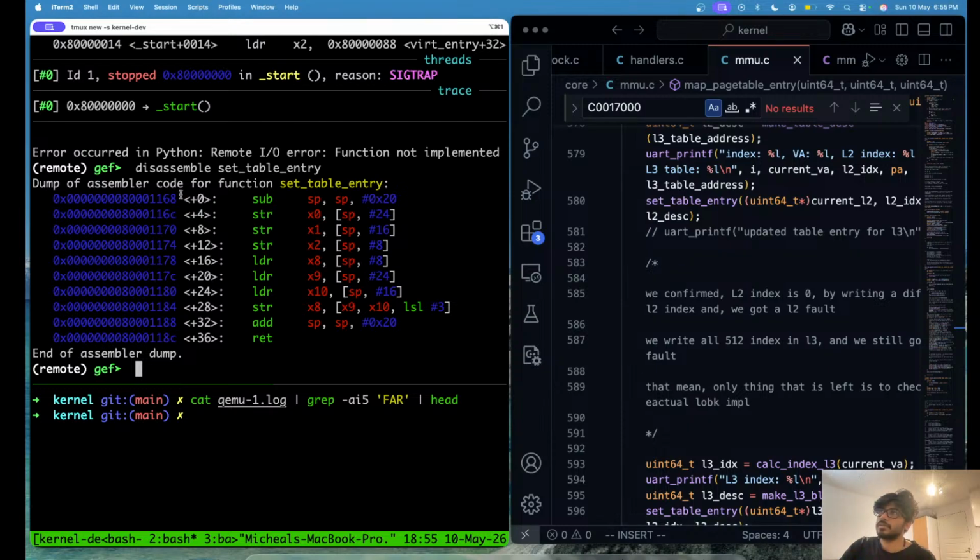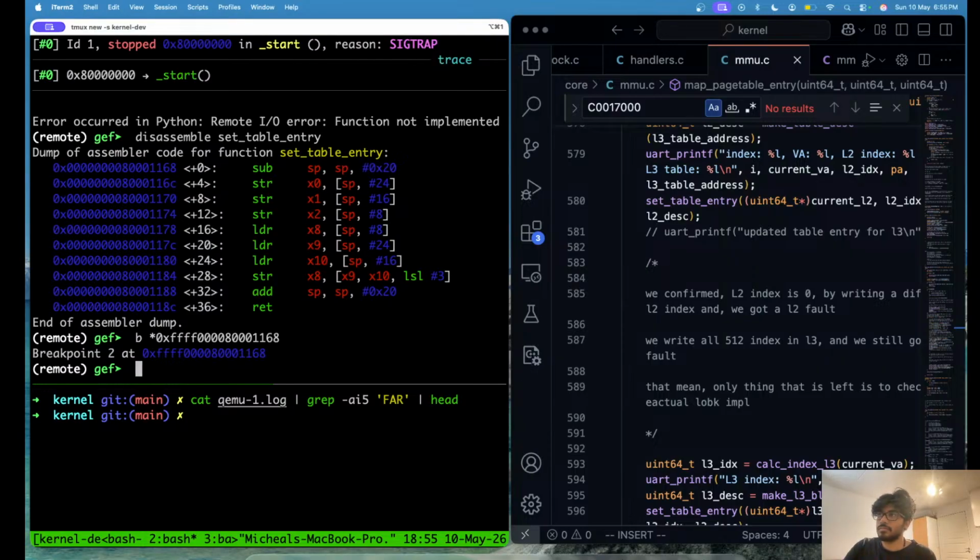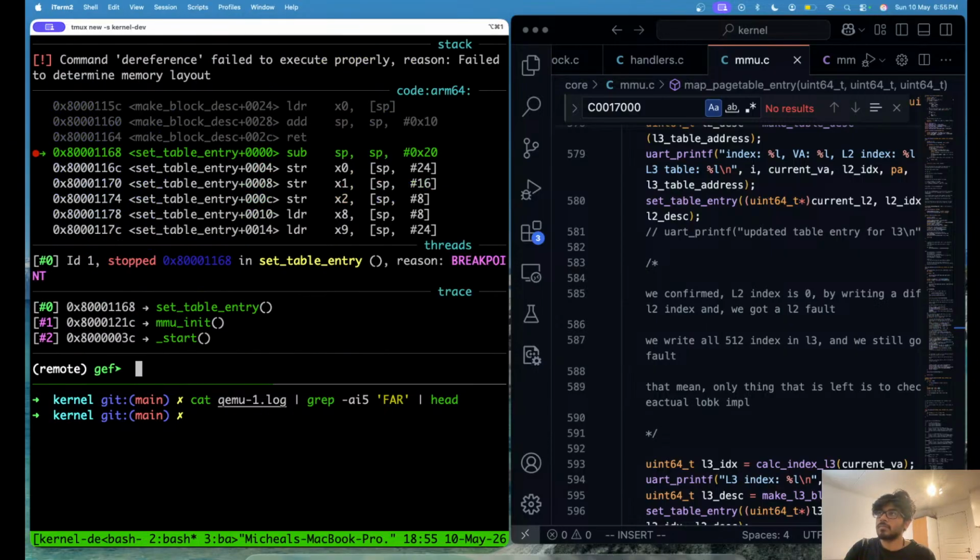Okay, I think, okay, so we are inside set table entry